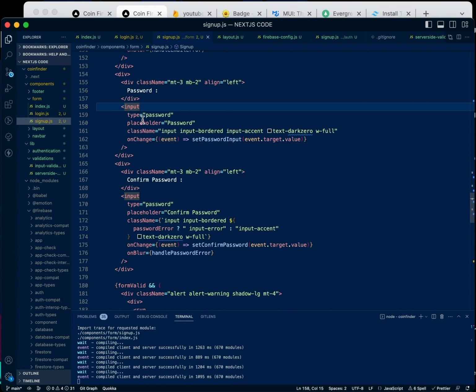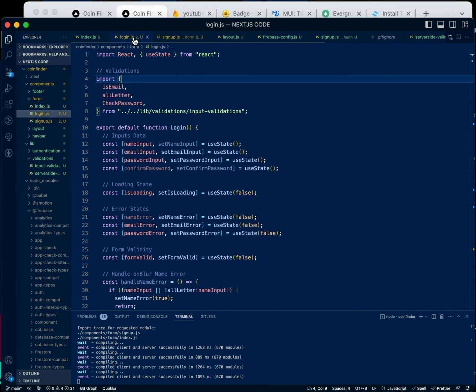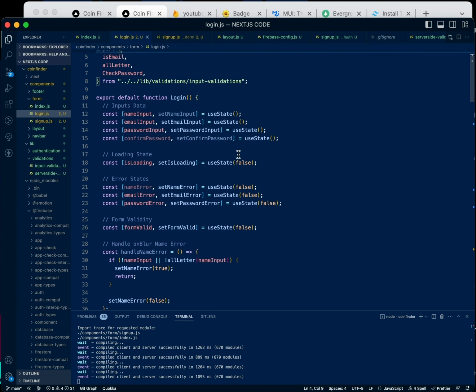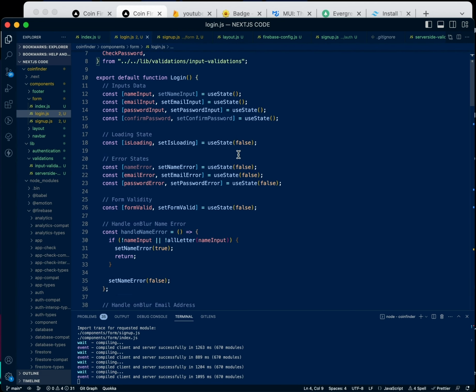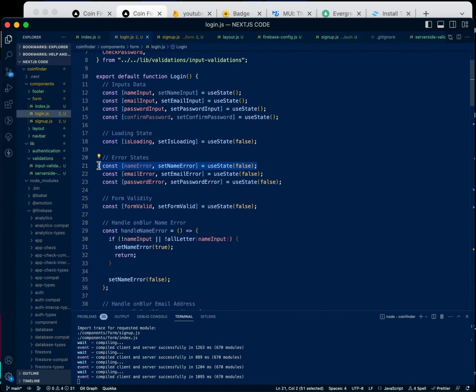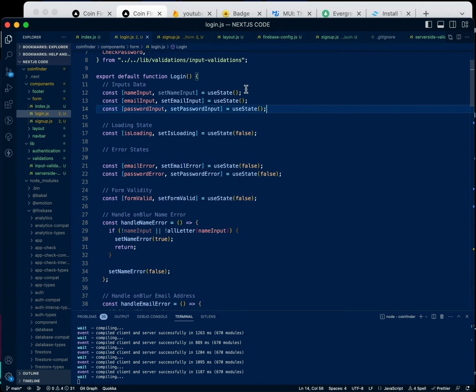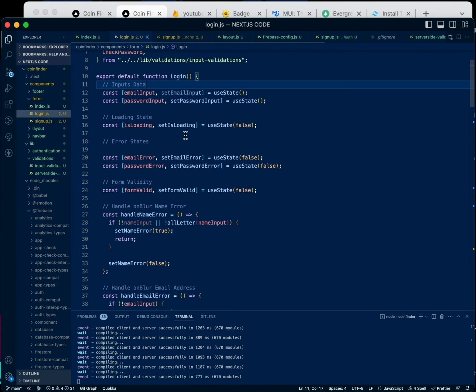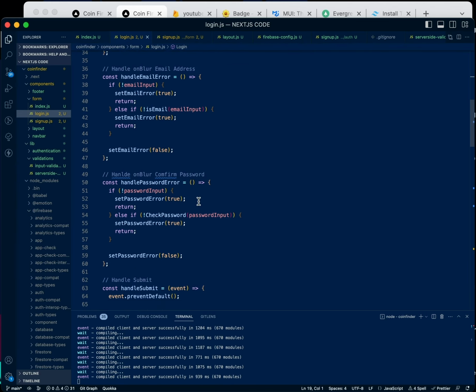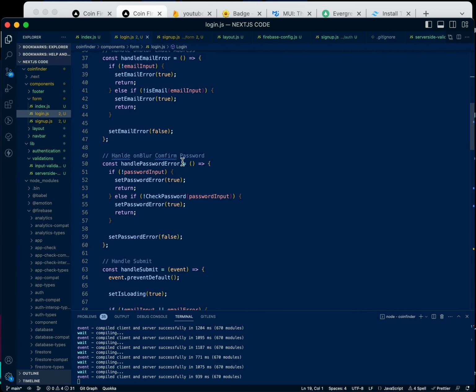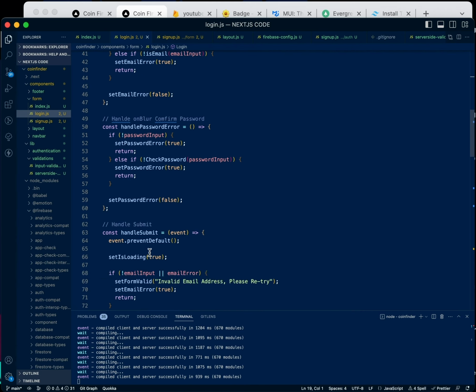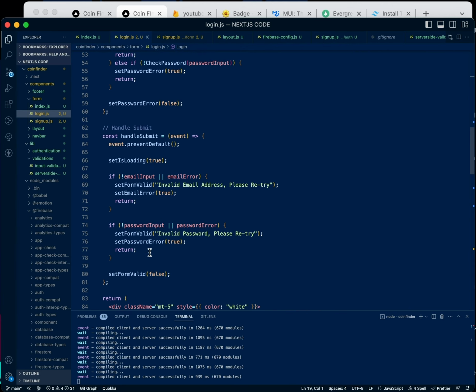Now in our login page, all right, so we've already worked on this a bit. We don't need the name error here. Anything we don't need, let's get rid of it. We don't need this. We just need these error states. From validity, undo password error, undo submits,